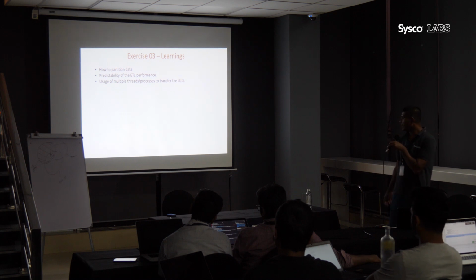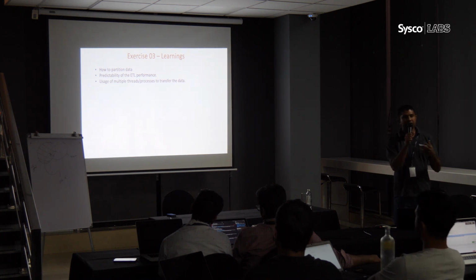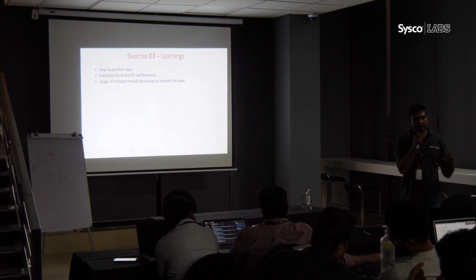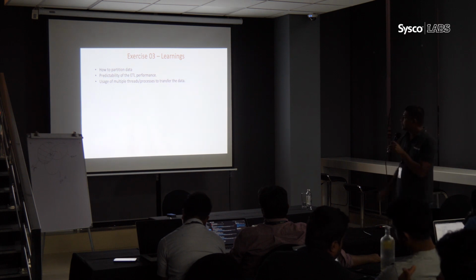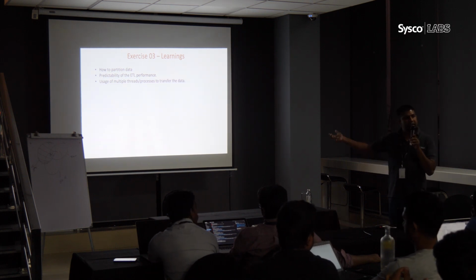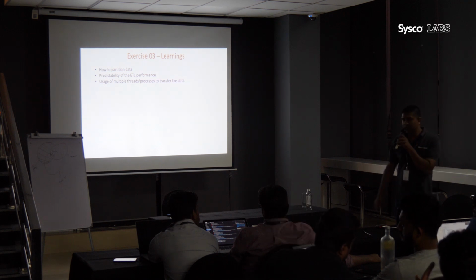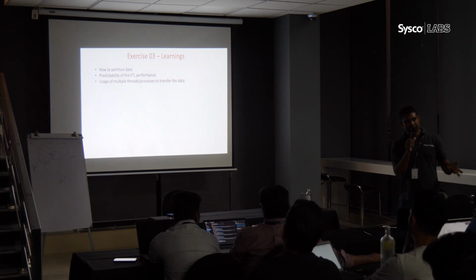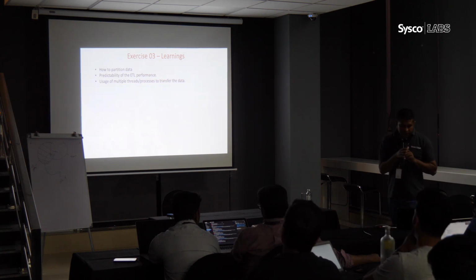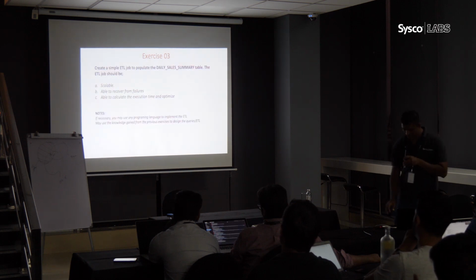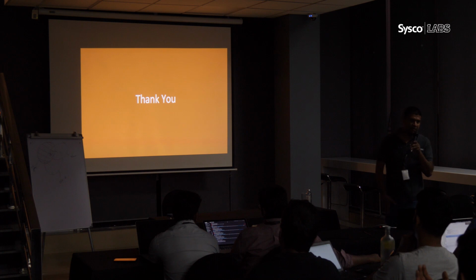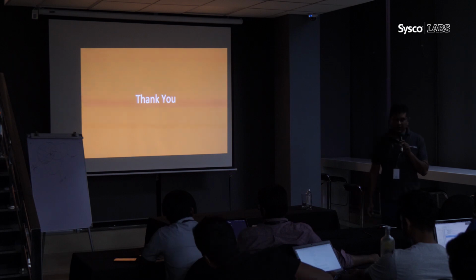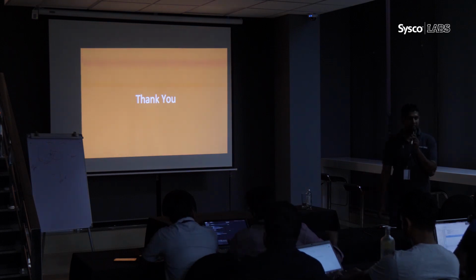Now with this exercise, what we have tried to cover is how you identify and partition data for this kind of process, and what characteristics you should have in a partition. Then predictability: how you predict the resources and the time based on this partition, how you calculate it, and how you use multiple threads or multiple processes to process these chunks in parallel. There is actually a lot more in this, but this is what we thought good to cover. If you have any question, I can answer.